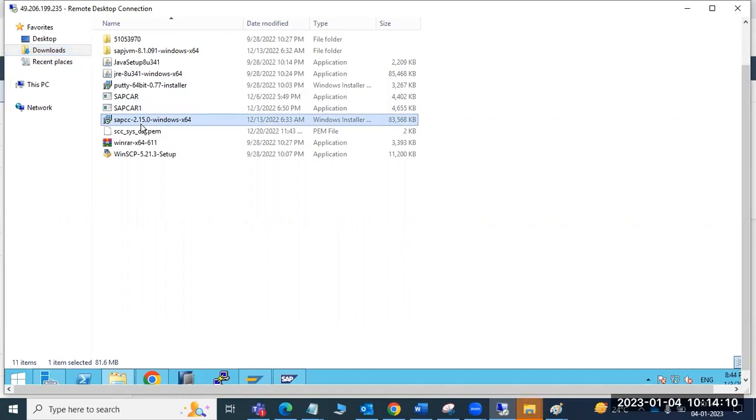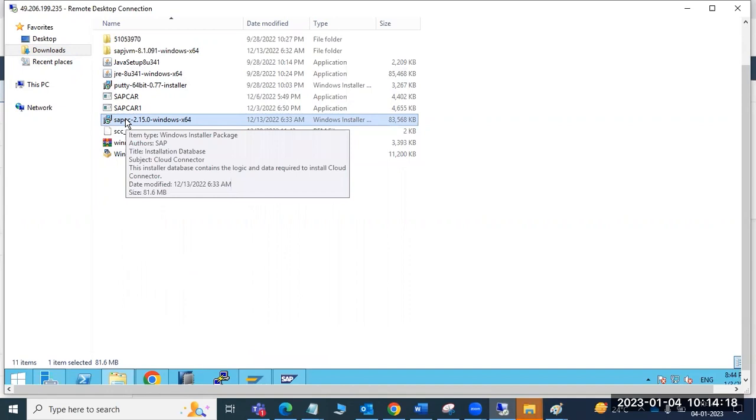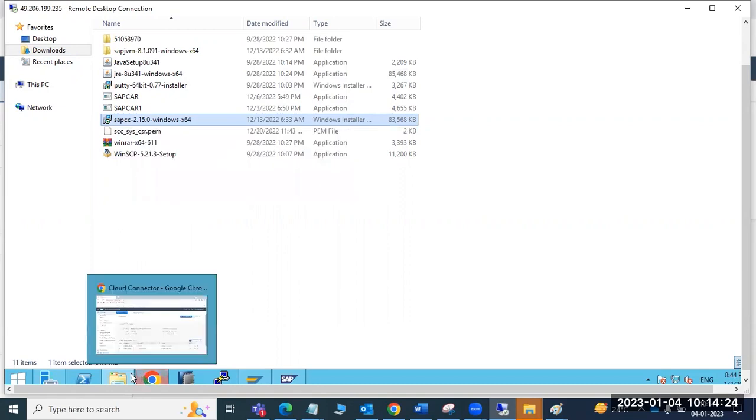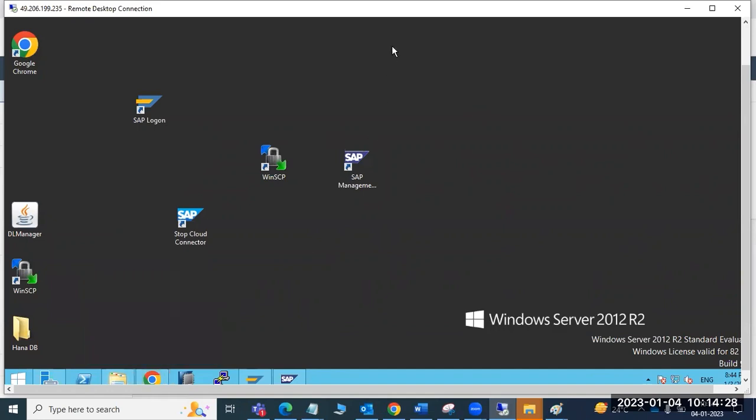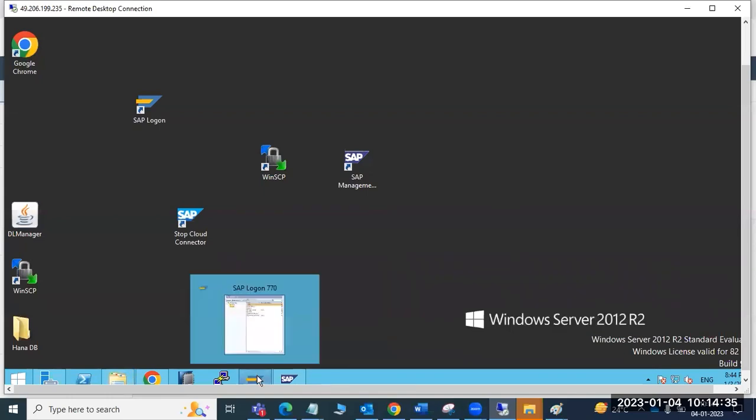We need to install it on a local machine. Is there any minimum prerequisite? JVM 8 is required. While installing, it will ask for Java 8. Okay, that you require. We can also install it on our local machine.